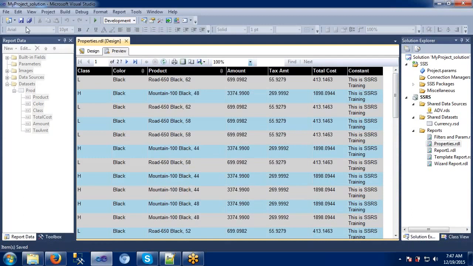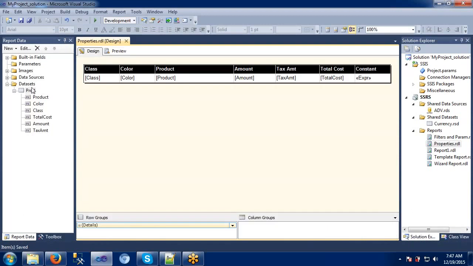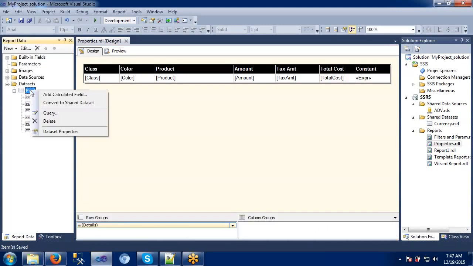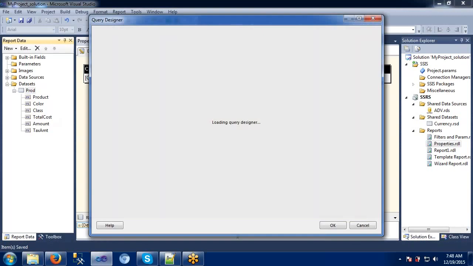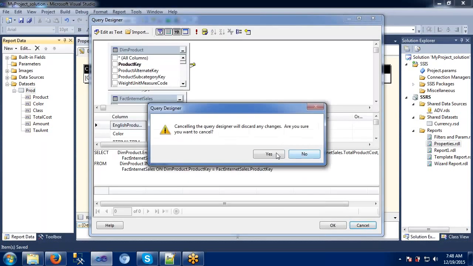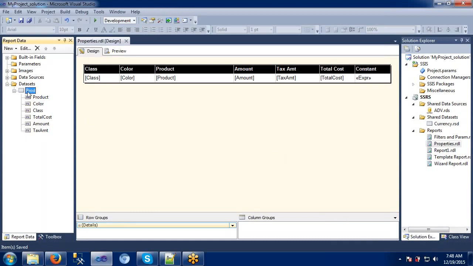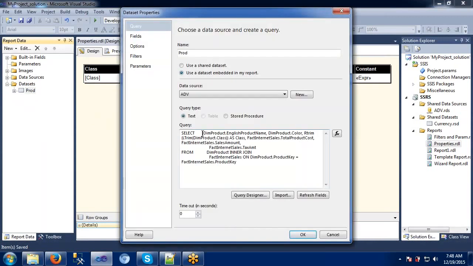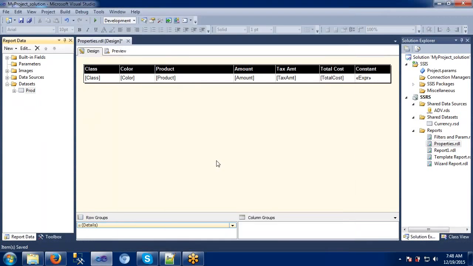Whatever value we want to use in the constant, we can give it. So let's try to use minimum records here. Select some top 1000 records only, so that my report generation won't take much time.